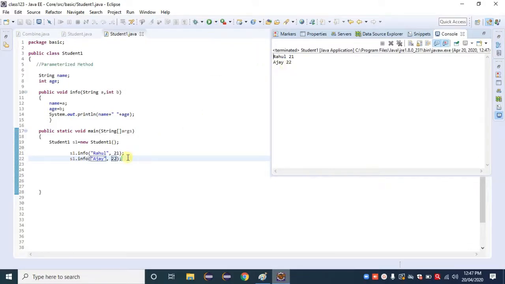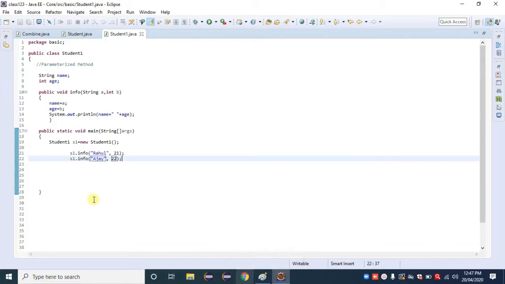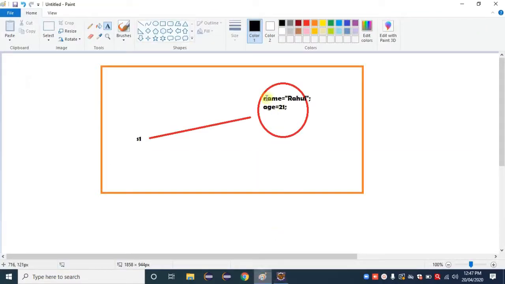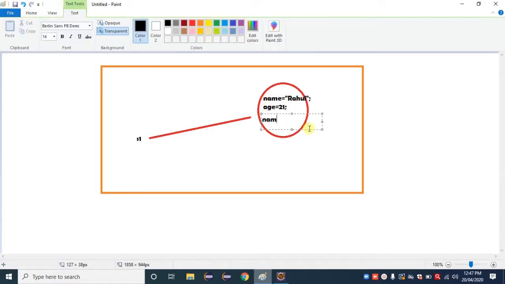Then what happens inside memory? Inside memory, you first observe that we are calling using the reference variable s1. So again, inside that object the next value is stored: name is equal to "Ajay" and age is equal to 22.